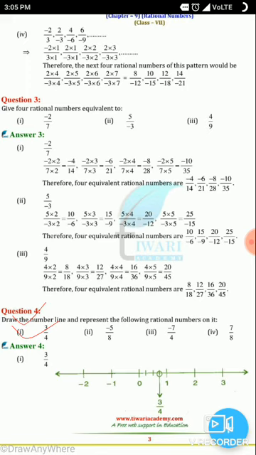And proper fraction, so that it comes in between 0 and 1. Okay, this is positive, so it comes between 0 and positive 1. Understood? Now what you have to check is which number is there at the denominator. So here 4 is there, right?